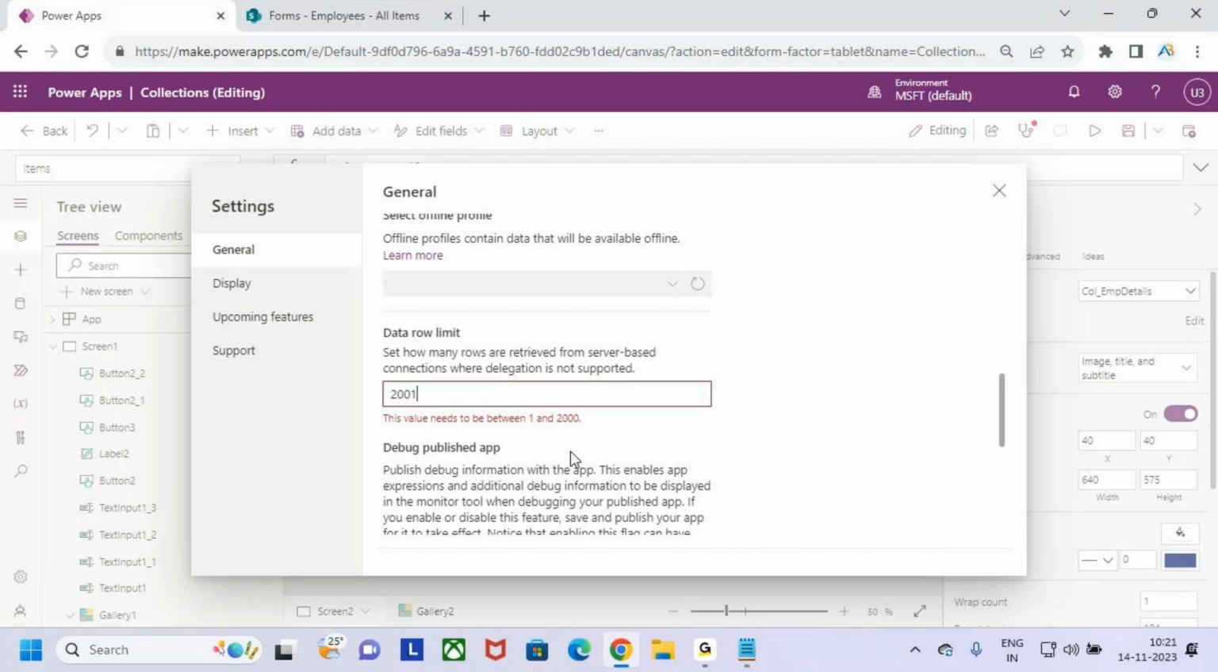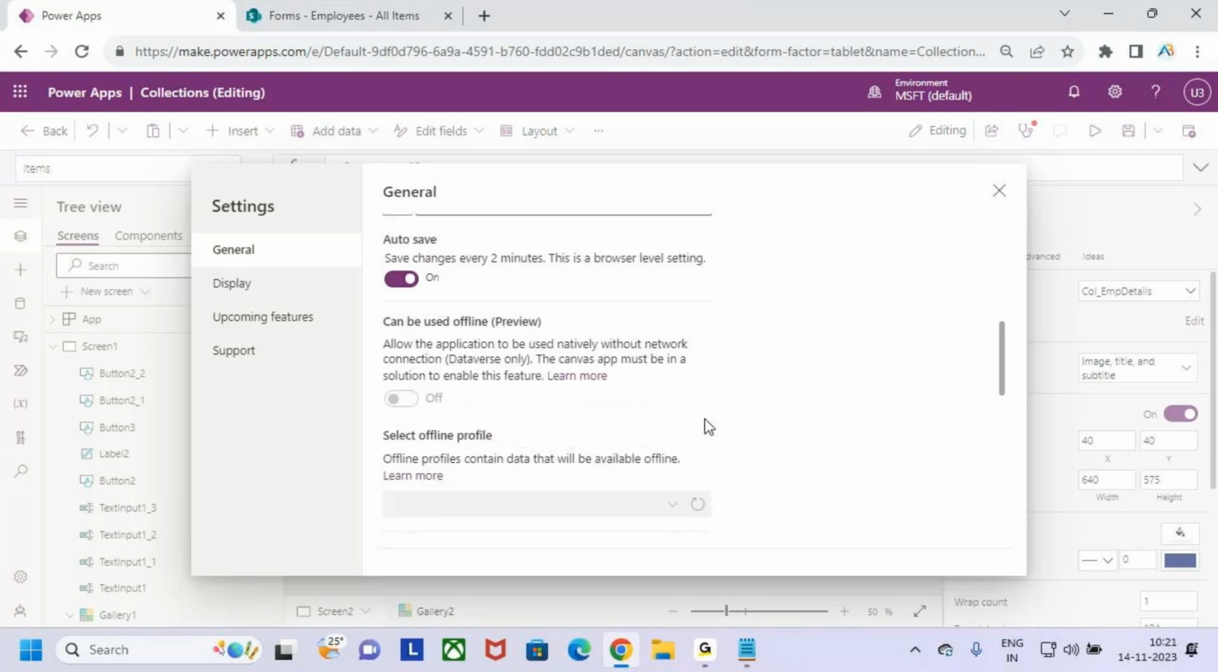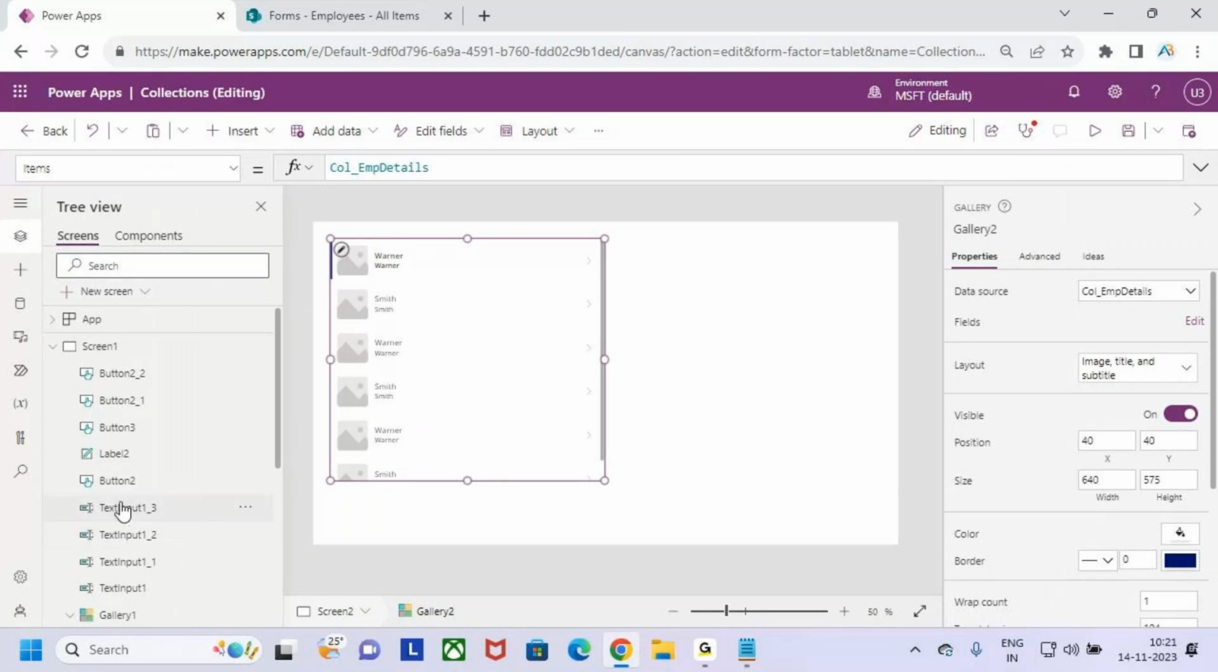Power Apps allows us to fetch data from the data sources only, or the collection will hold the data, meaning a maximum of 2000 rows only it can support, not more than that. By default it can store 500 rows. We can increase that limit from 500 to 2000 in the settings. In the settings you can go and change it. Now close this one. And one more point,